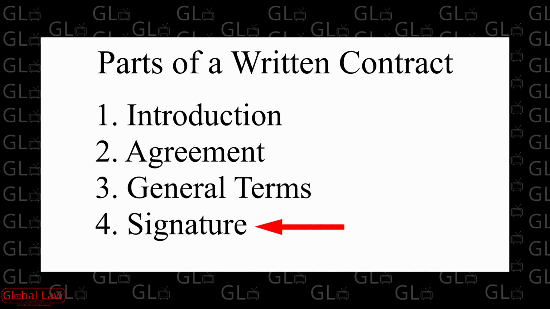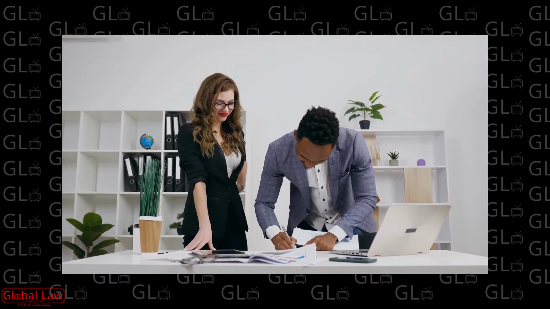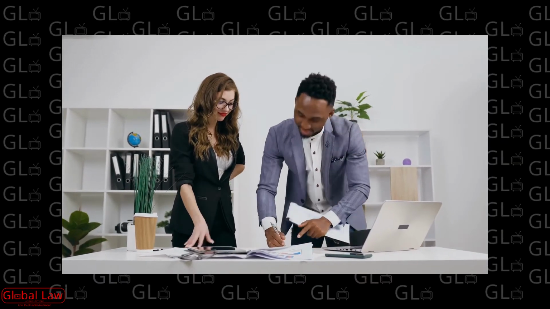And then the last section is the signature. It has to be signed. One of the reasons you sign a contract is because it shows intent, and that's important. One of the important aspects of a contract is offer, acceptance, consideration, and intent. I like to add that last part, intent. We intended to enter a contract.